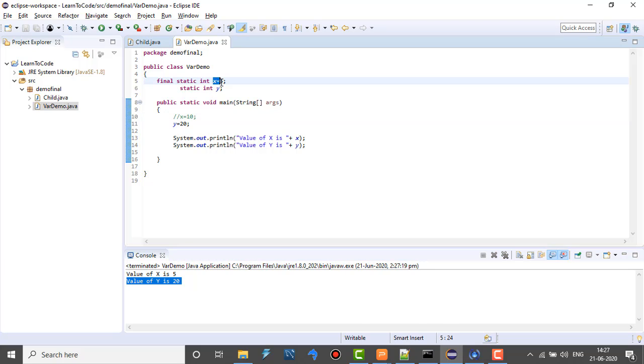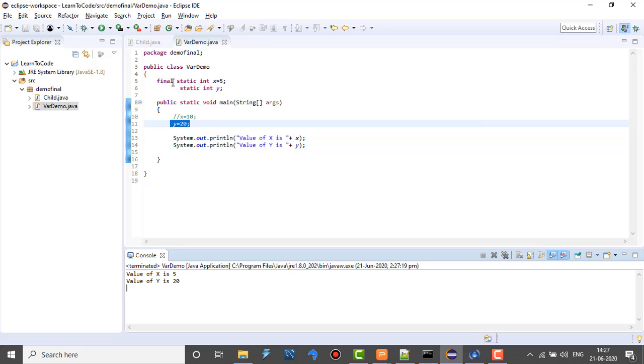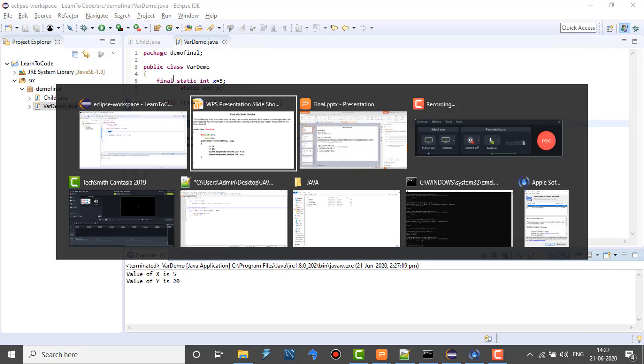Value of x which is assigned here to the final variable is 5, and the value assigned here to y, which is not a final variable, is 20, which has been printed on the console. So this proves that once you have declared a variable as final, it cannot be given any other value. The value of that variable cannot be changed. So let's move on to our slide now.